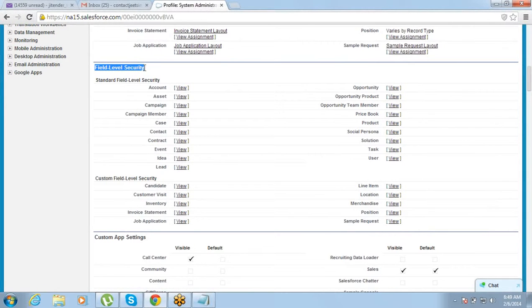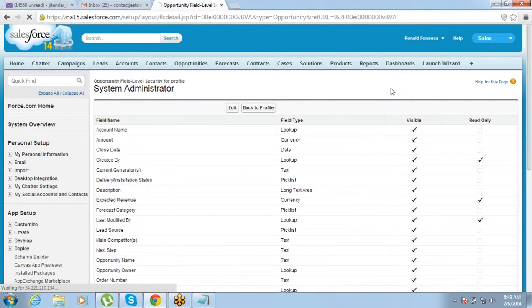So this field level security basically allows us to control the security at a field level. Let's say opportunity amount is a field. I don't want this profile to see. So opportunity amount, object is opportunity. So you should go to opportunity object, click on view. Once you click on this view button, it will show you all the fields of this object, and then we'll have the option of controlling the access for one of those fields.